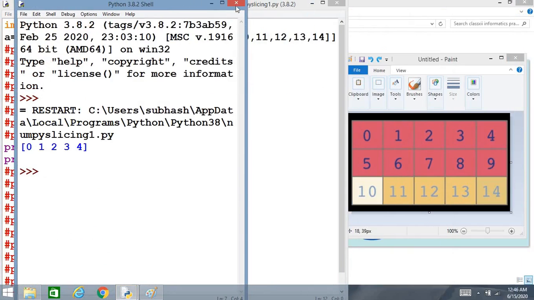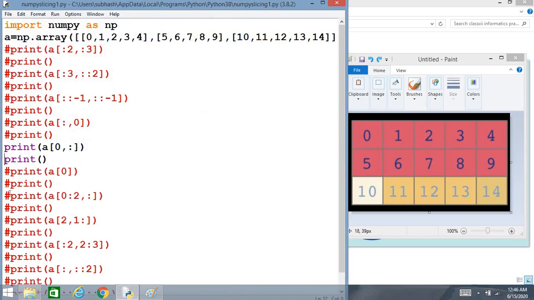Understood? Now, the next one is print A of 0. So, what is A of 0? Children, when you give A of 0, A of 0 represents the row again.